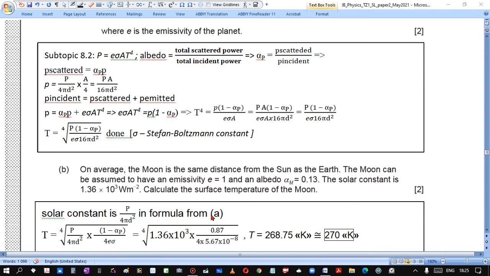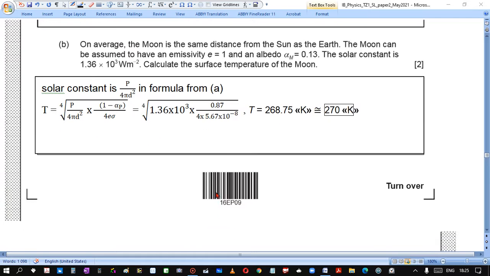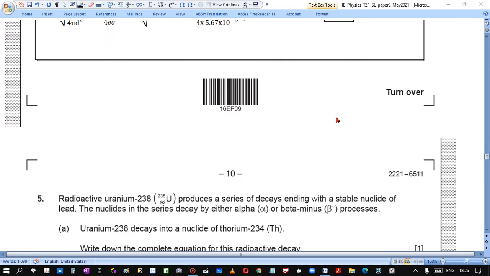So you can pause and look more attentively at the information given. Right, then, so this is the information given. Solution, part B. On average, the moon is the same distance from the sun as the Earth. The moon can be assumed to have emissivity of 1, albedo of 0.13, and the solar constant is as given. Calculate the surface temperature. Here we understand that P over 4 pi d squared is the solar constant. So this expression is the solar constant, and the rest we can substitute, and we get, to two significant figures, 270